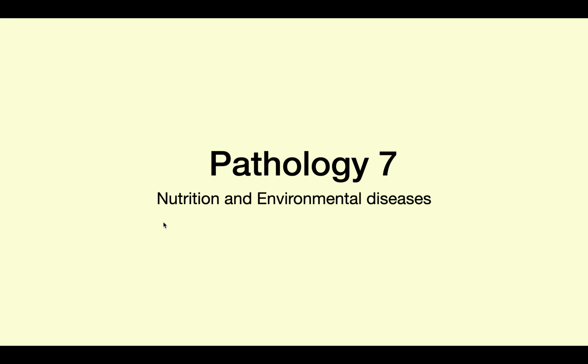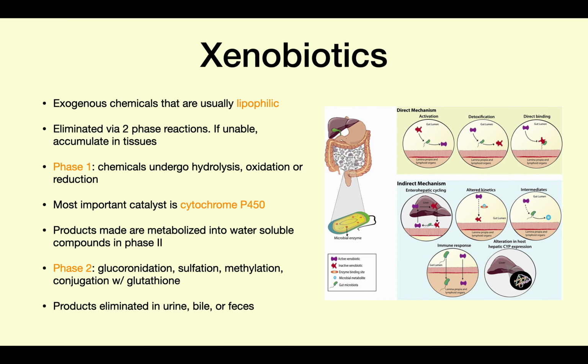Hey everybody, let's go through the pathology of nutrition and environmental diseases. So, xenobiotics are exogenous chemicals that are usually lipophilic, so they can be quite easily absorbed. They're eliminated via phase one, where the chemicals go through hydrolysis, oxidation, or reduction. And the catalyst of import is cytochrome P450, and then the products are made and metabolized into water soluble compounds